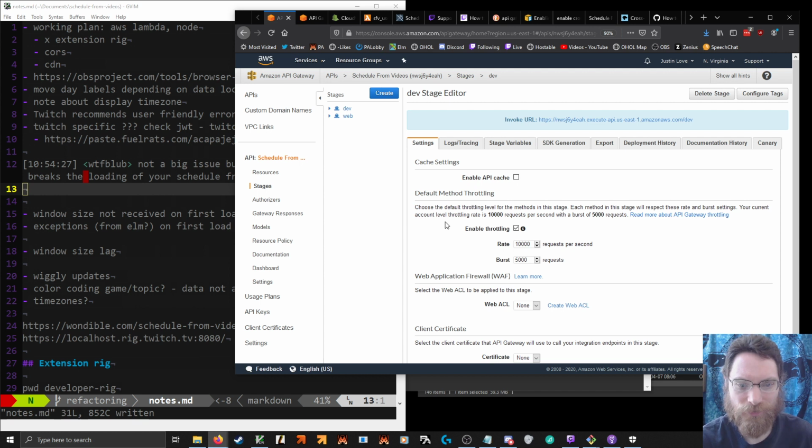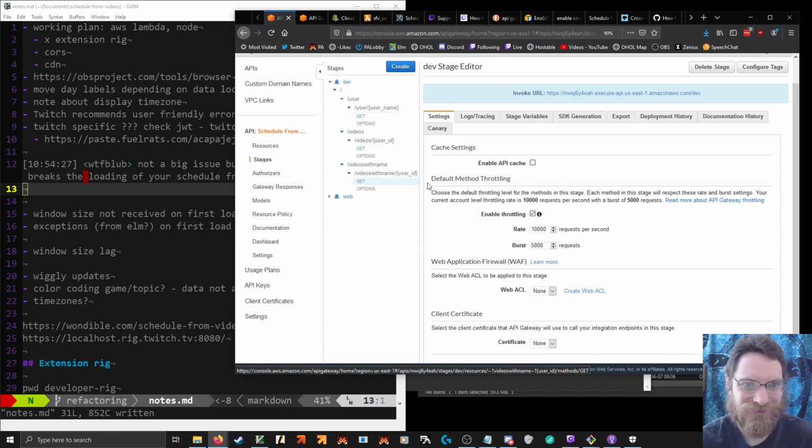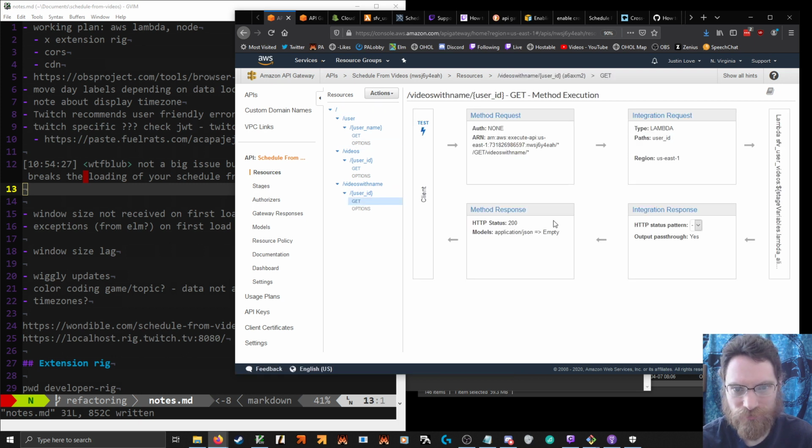So where the heck are the mapping templates? This is under stages. I was doing this one.